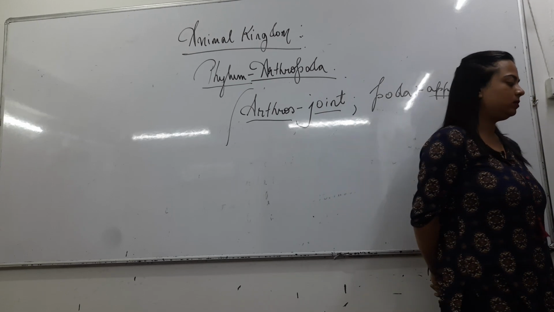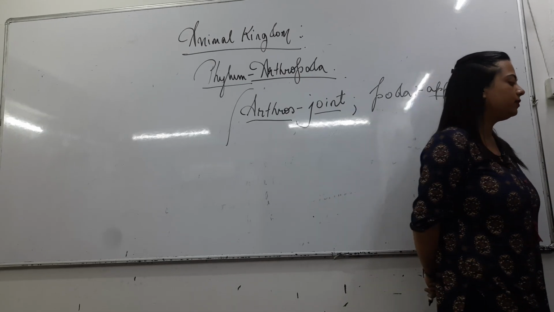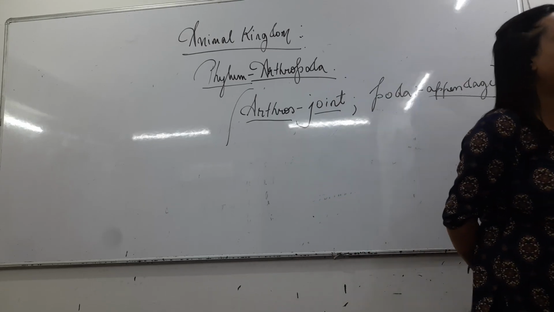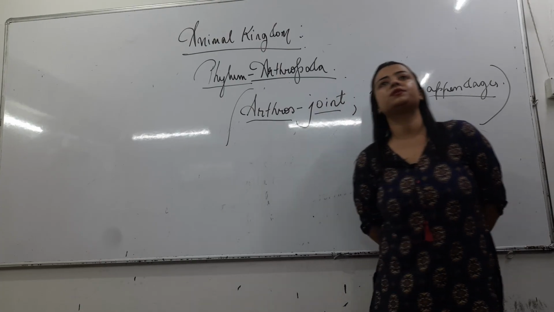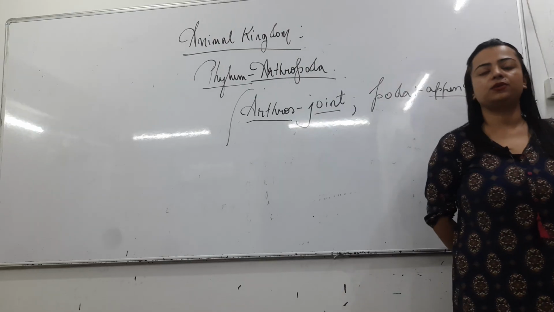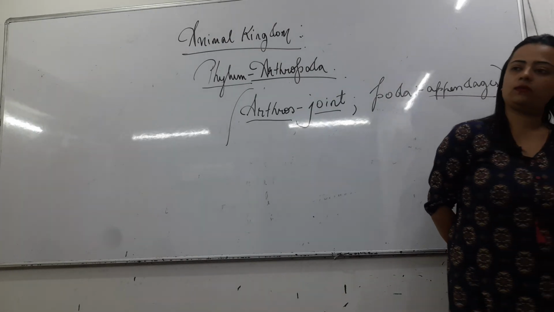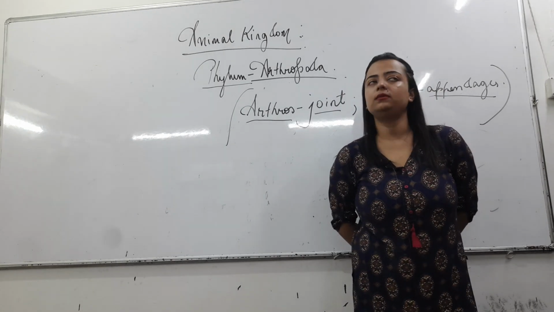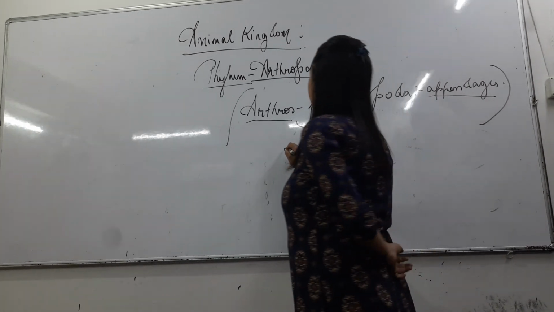Next point. They evolved about 600 million years ago. Dekhila? Okay. Next point. They are cosmopolitan